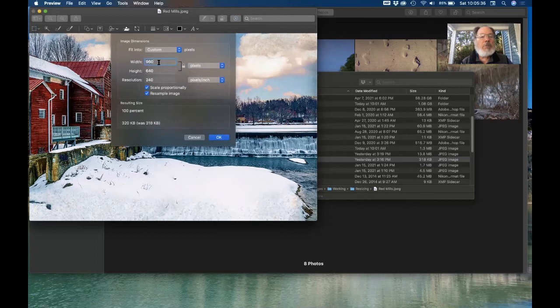Now, multiplying this by 1.5 will give us 1440, which is the minimum size that was requested. And that's probably going to be just fine. We could go up to maybe 3 times the original size, which would be 2880. But anything larger than that is going to cause serious degradation. But anyway, since the requirement was 1440, I'm just going to put 1440 in here. And we see that the height automatically adjusts to 960. The resolution doesn't really matter because we're specifying the exact number of